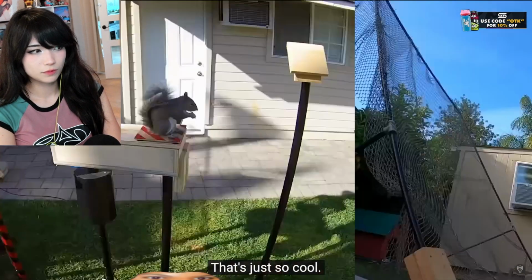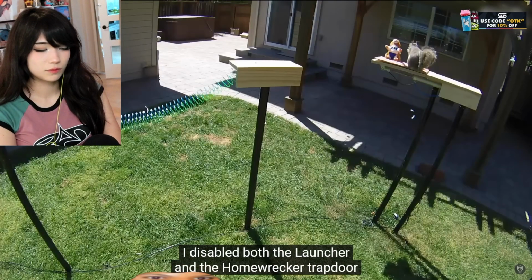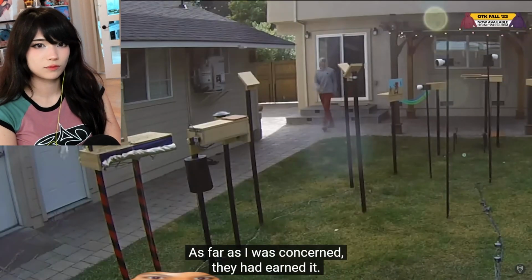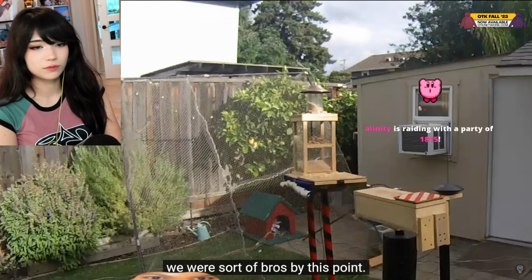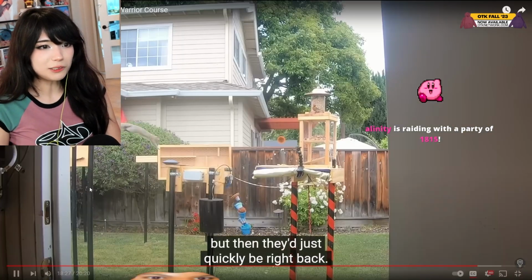And so after those two physics demonstrations, I disabled both the launcher and the home wrecker trapdoor and just let them enjoy the course in peace. As far as I was concerned, they had earned it. Plus, after spending a month together, we were sort of bros by this point. If they saw me coming out to work, they would certainly jump away. But then they just quickly...